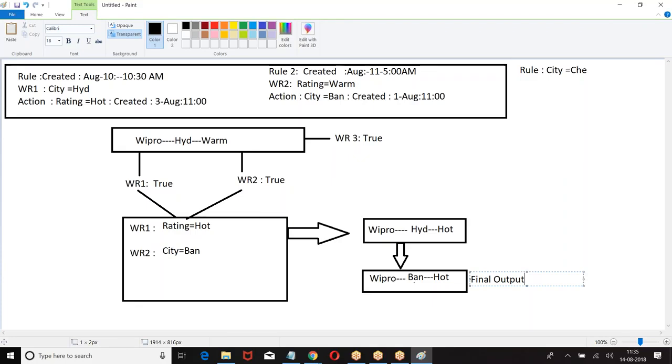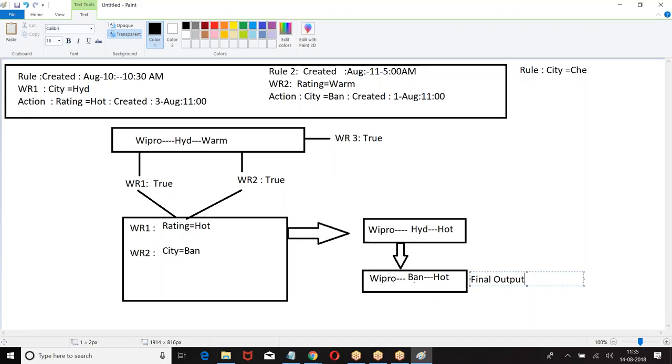So what we have? Workflow 1 action, workflow 2 action. Out of this, you are supposed to run them as per the order of workflow rule created date. Which rule was created first? August 10th at 10:30. So what is the action? Rating equal to hot. Then second, then third.